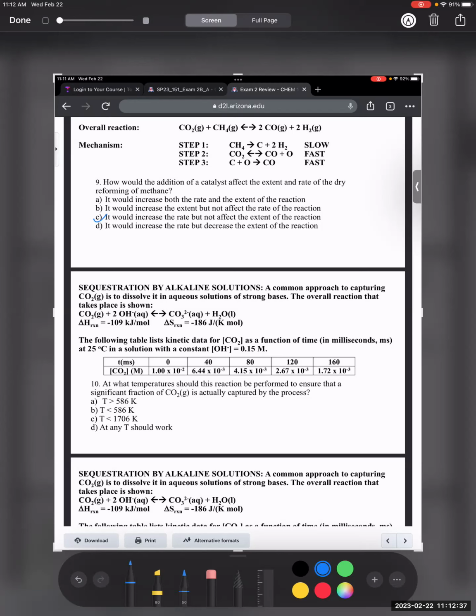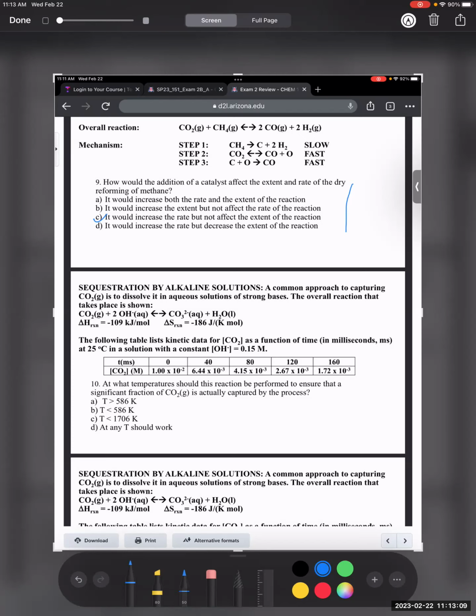Okay, and then the question is, at what temperatures should this reaction be performed to ensure that a significant fraction of CO2 is actually captured by the process? Okay, we will read a little bit more. The following table is all right. Now it doesn't seem like it has to do anything with this data here, but the thing is, they're